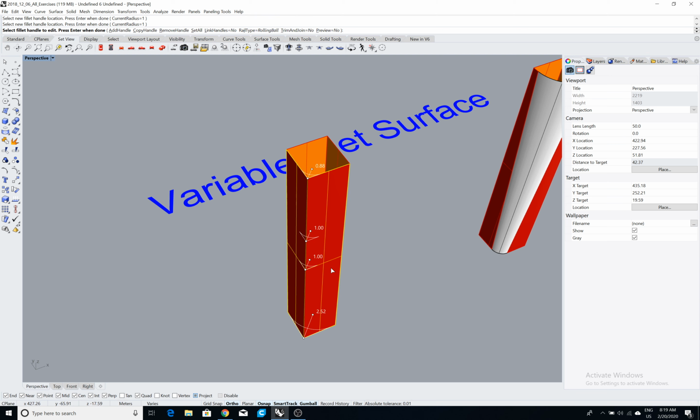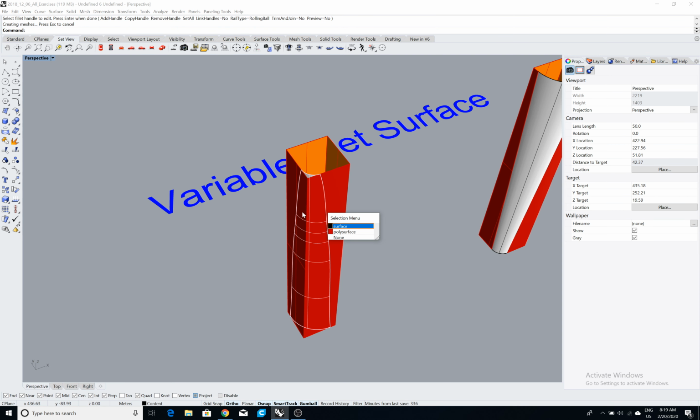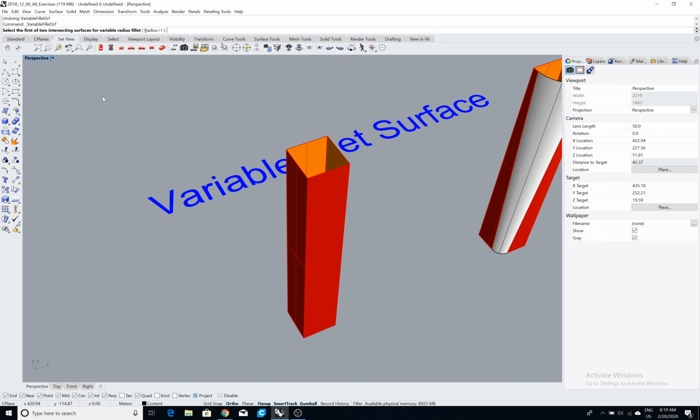Okay, and now I'm just gonna change this to, let's say, 2, and let's change this to 0.6. Okay, now I'm just gonna enter, and then I should have kept my... so if I do surface